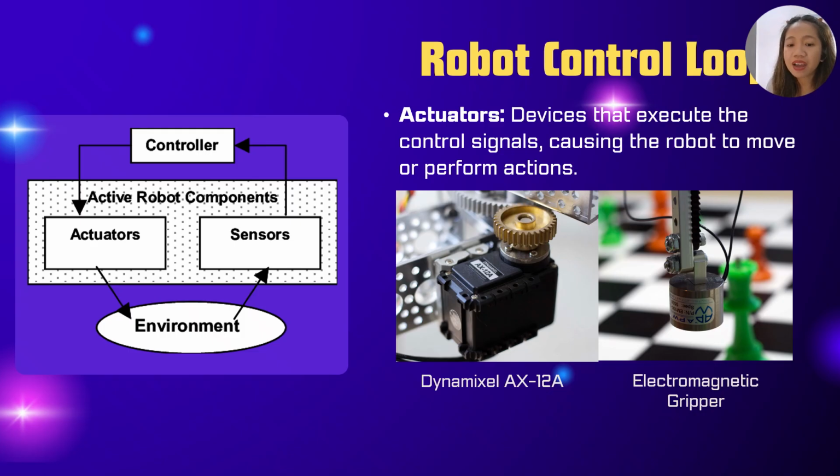Now, in the case of the Raspberry Turk, it has a servo called Dynamixel AX. This is the servo it uses to move the mechanical arm of the robot, and then it has an electromagnetic gripper. The chess pieces are magnetic, so they have magnets. And then the electromagnetic gripper will control the electromagnetic impulses to attach the piece and then drop it accordingly to where the piece should be moved.